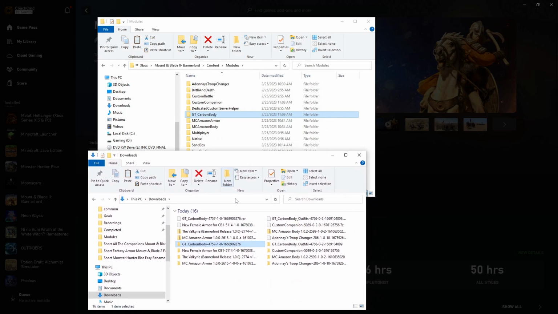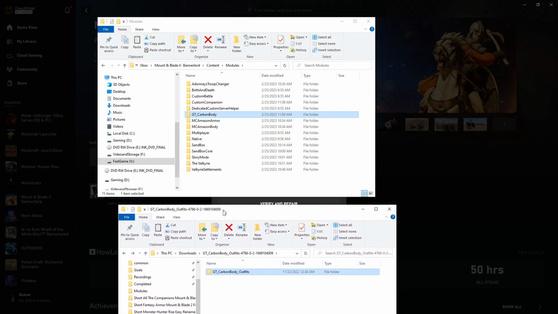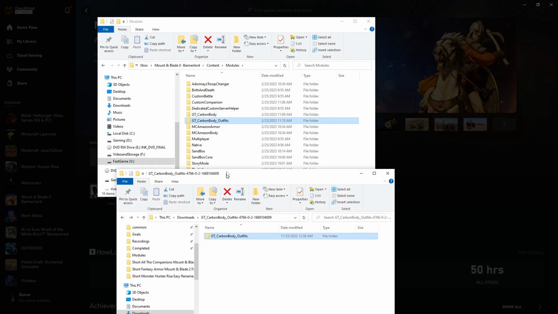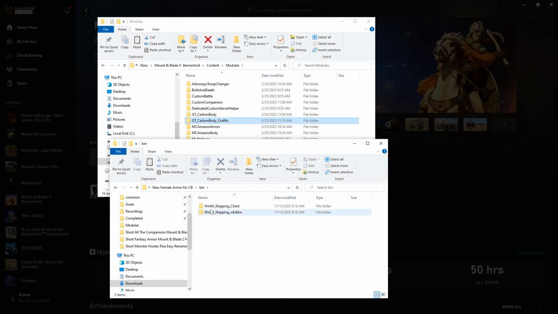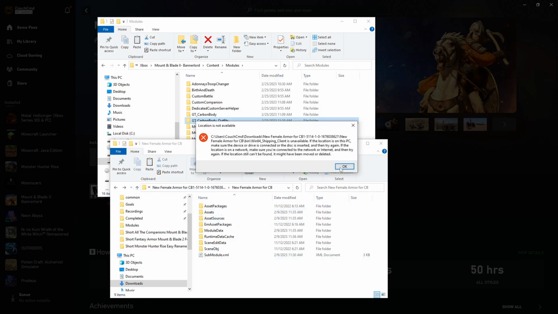Now we're going to go over to downloads and go on to the outfits. Same deal, no bin, so we can just click and drag it over as is. No need to worry about anything with that one. New female armor. We've got a bin file. But again, these are empty, so we're going to go ahead and just delete the bin file here. Then we're going to do the same thing as the...